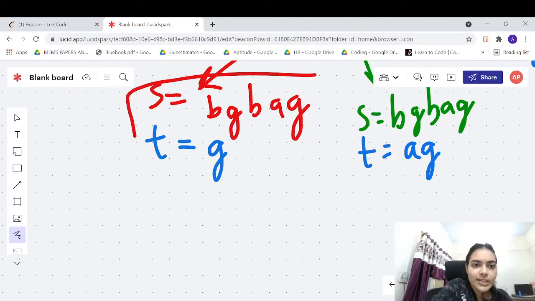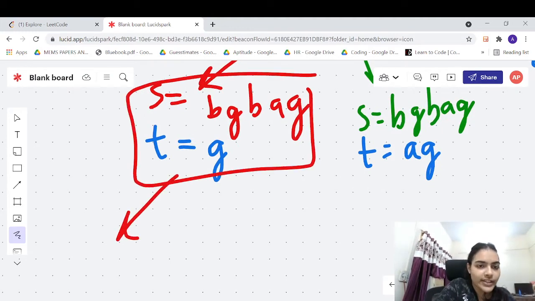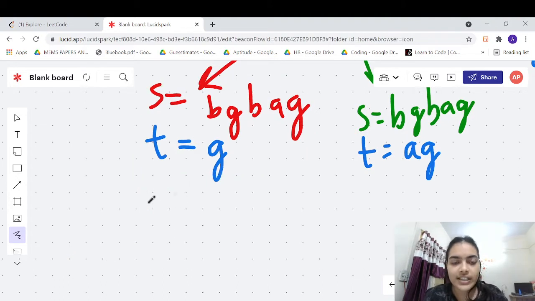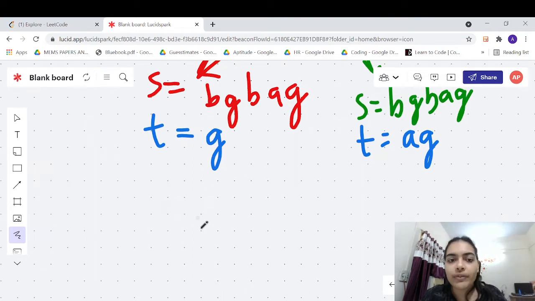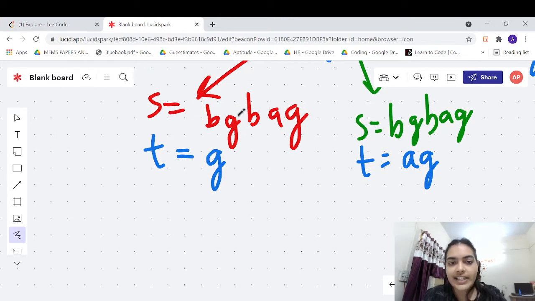Now again, for this particular choice, you again have two choices to make, right? So do we have two choices here? Now let's think about this. We cannot cancel this b with this g, right? You cannot do that because this b is not the same as this g. You cannot just eliminate this b and g and say you have made the string, because it will not give you the answer. You need to find this g exactly, right?